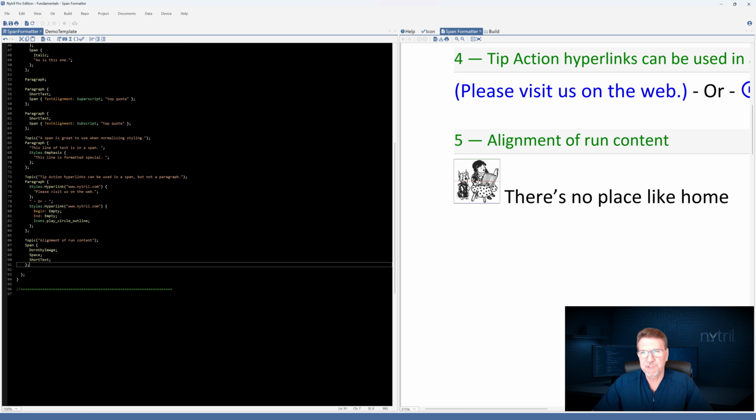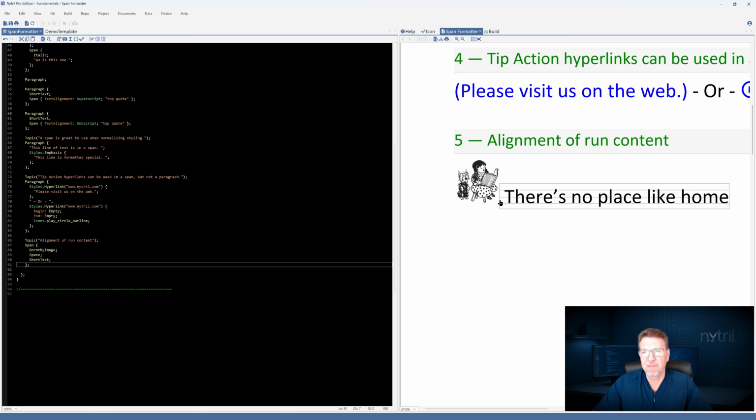I hold Control Shift and hover over this image, and it's showing me a green line at the top, a red line in the middle, and a blue line at the bottom. The top, middle, and baseline. The blue line is the baseline. If I hover over the text, I get the same three lines: top, center, and baseline. So we can see that when we go back and forth, this image and this text is aligned on the baseline.